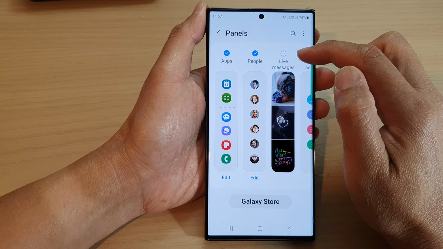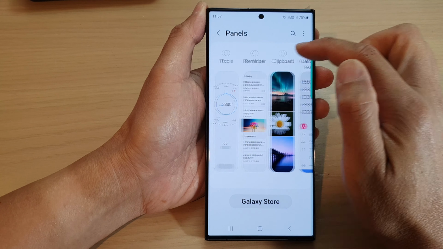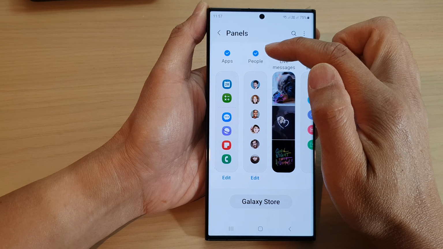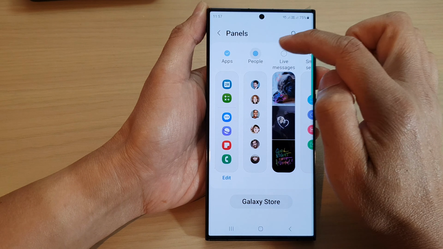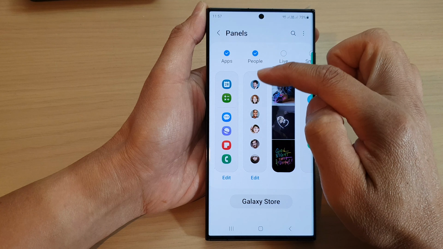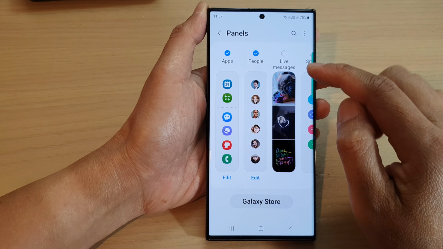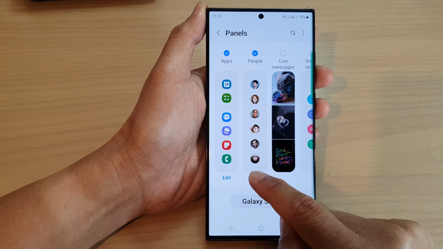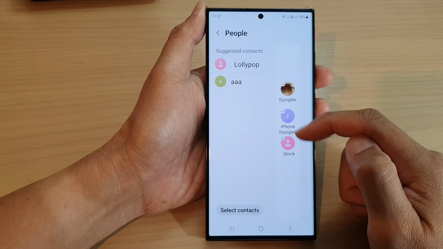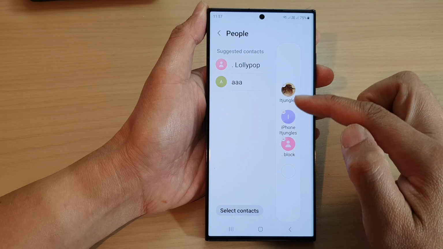In here at the top, swipe across and locate the People panel. In here, tap on the radio box to select the People panel, and then it will be added to the Edge Panels. Alright, you can tap on the edit button in here to add or remove the contacts to the